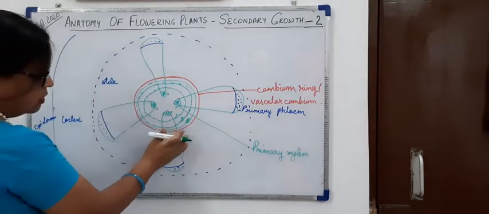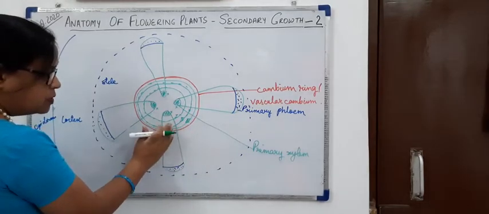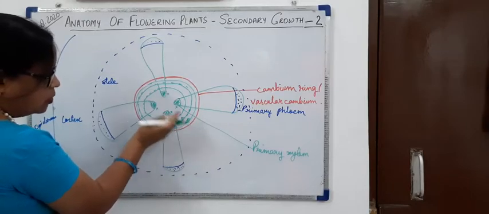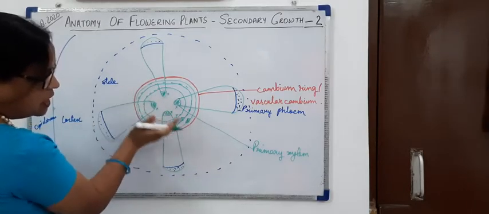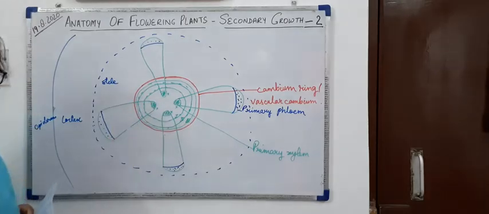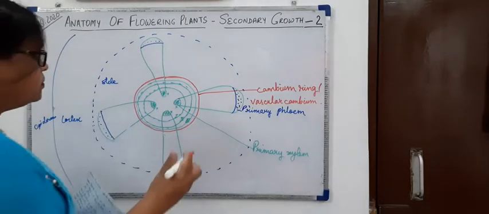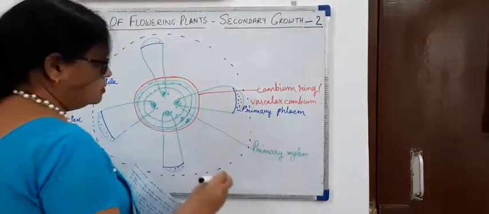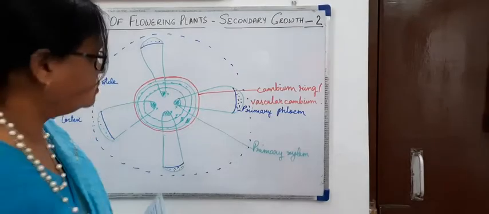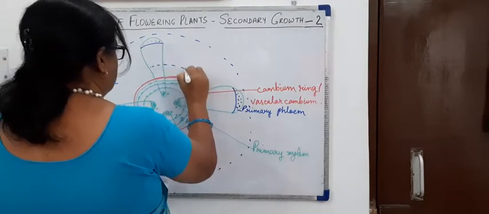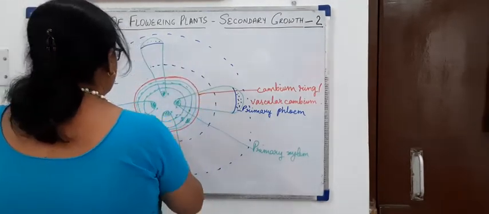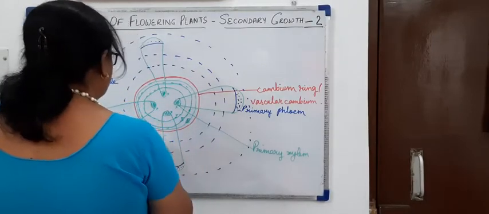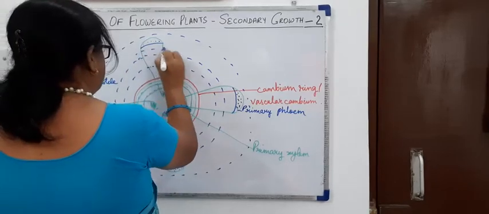So we can see the cambium, when it is producing, the new one is always towards the cambium. The older ones go on being pushed to the center. Similarly, for the phloem, this is the phloem. This is the third.